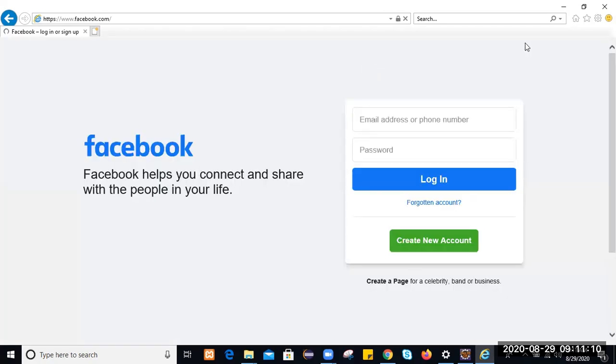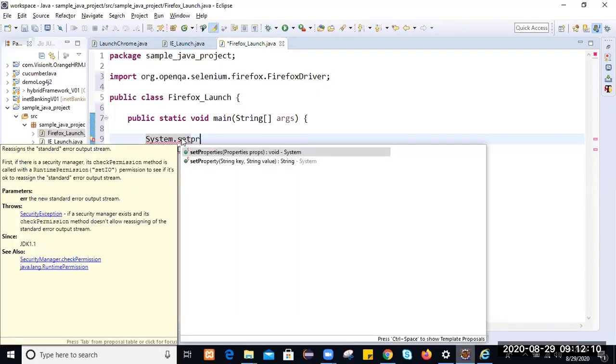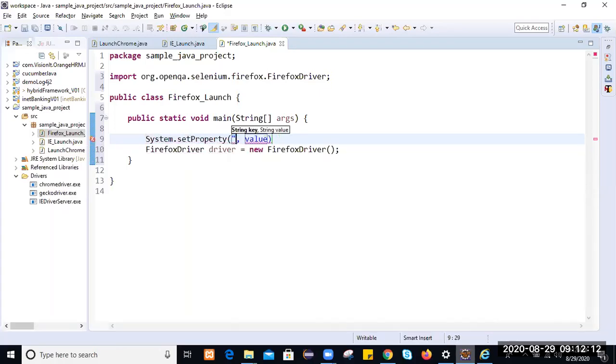Before that, the system variable path. Use the setProperty method, and it will take webdriver.gecko.driver, and the value is what? In the current working directory we have the drivers folder.